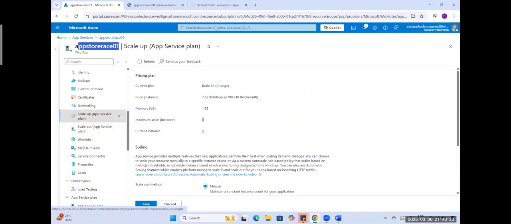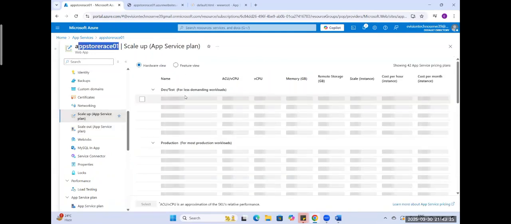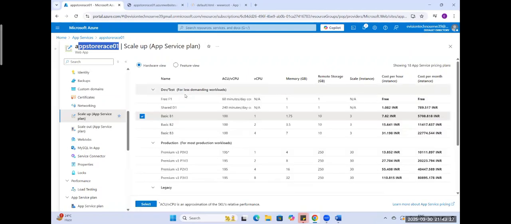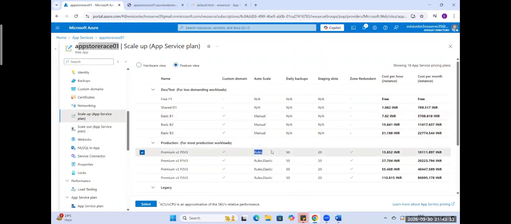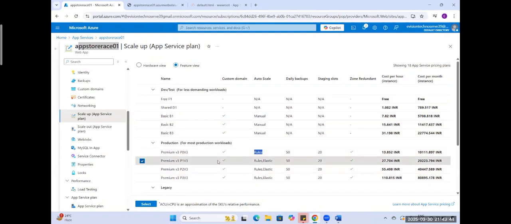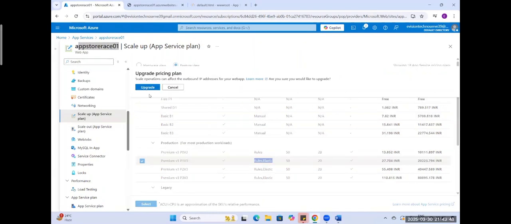Now if I change the plan again, let's go to the premium now to understand some auto scaling options as well. So I will just upgrade to the premium because under the premium we will get everything. We can set up the rules also. Backup options are also there. So premium में सब कुछ मिलेगा. If I go to the premium, you can go to any category in the premium. Suppose if I go to this one where I get rules and elastic, if I click on select upgrade,